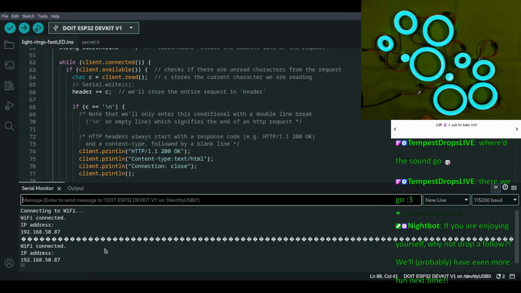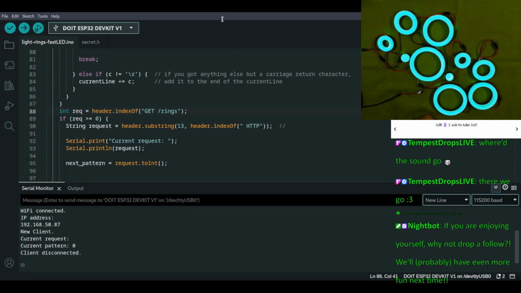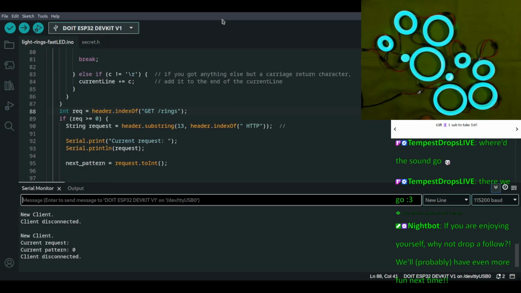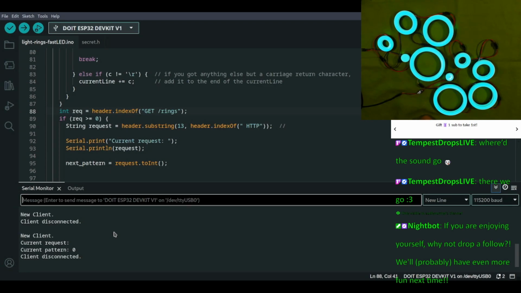And then like, all right, here we go. What is your serial? Else seems to be working really well though. Current request is 0. Current pattern is 0.